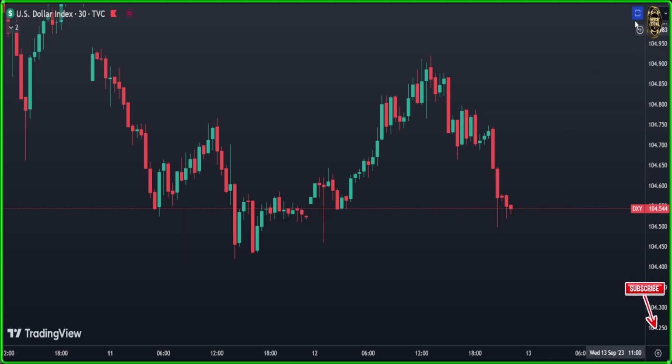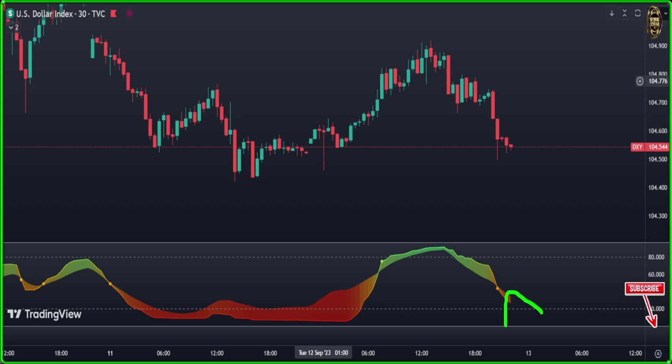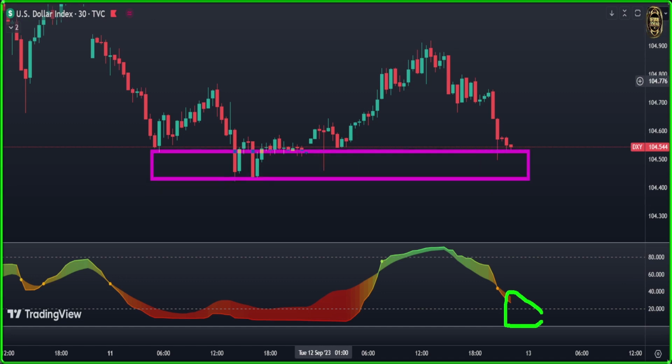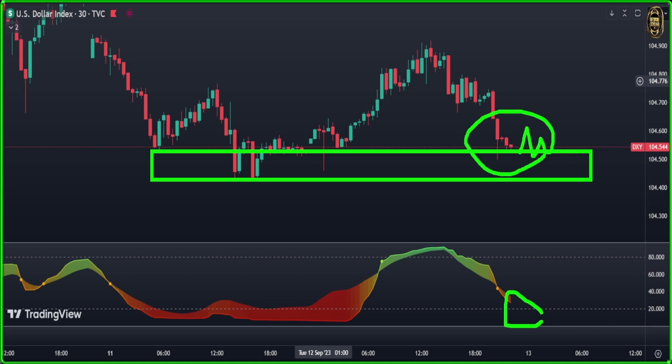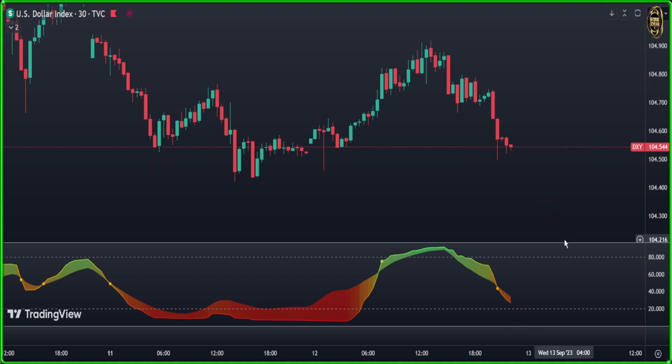Let's see what our indicator is saying, guys. As you see, we are trying to enter the oversold area. Shall we enter long, because we are also in a very strong supply and demand zone? Not yet, my friend, not until the market gives us price action. At this time there is nothing, so we need to wait more for very clear price action, like the double bottom it gave us before. So now we need to wait for price action at that level which is here, then we'll make a decision based on that. Everything is too clear, guys.